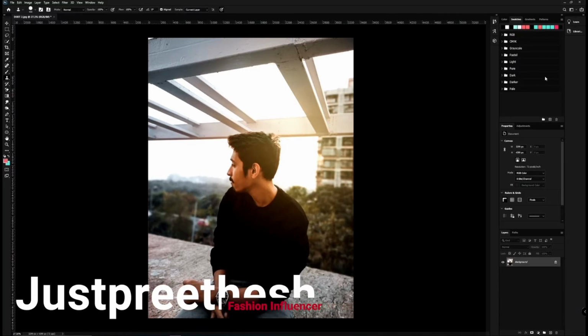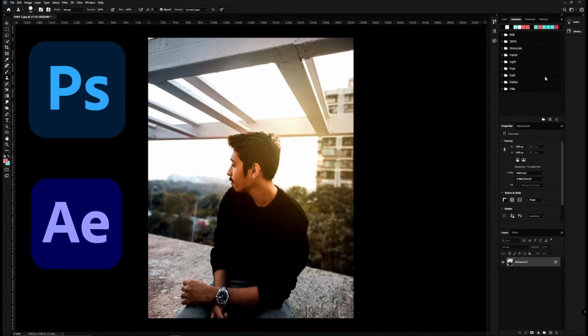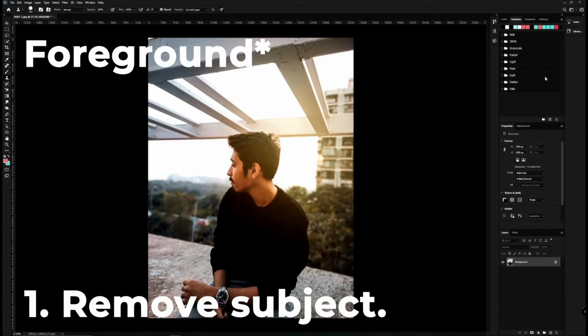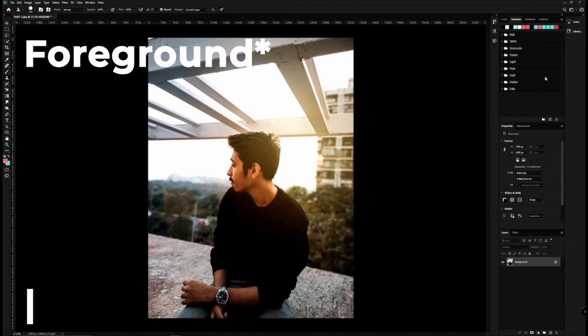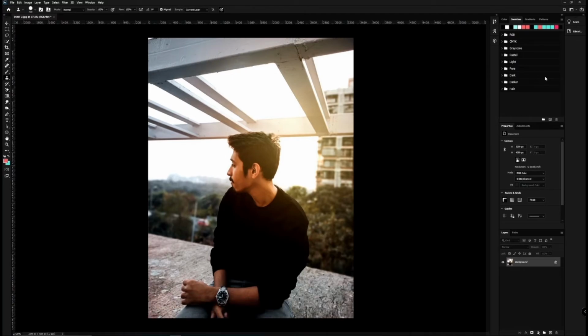And today I'm going to use two softwares for getting this effect or editing this process. Number one is Photoshop and number two is After Effects. You can use any softwares which fulfills these two needs. That is, number one is to remove your background from your image and save it as a PNG layer, and second is to edit your images in your video editing software. It could be any video editing application if you're using a mobile phone as well.